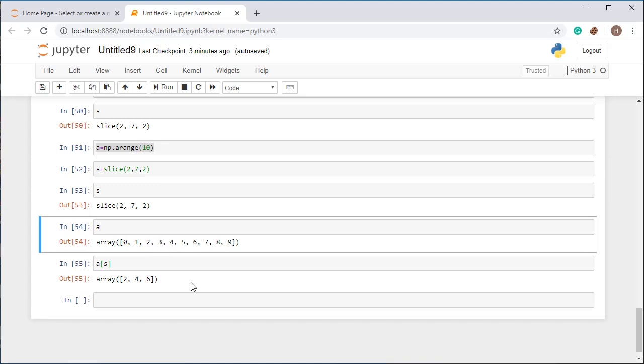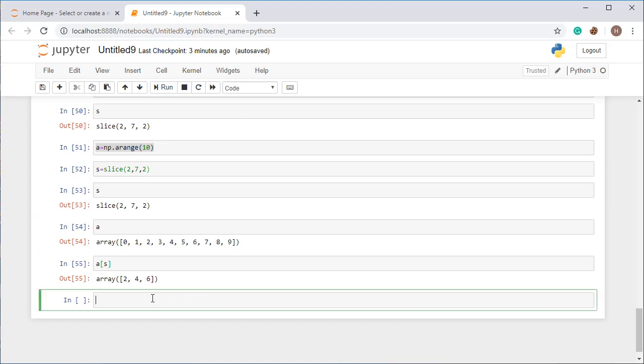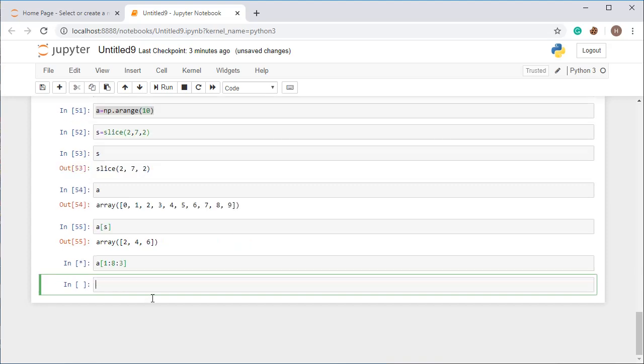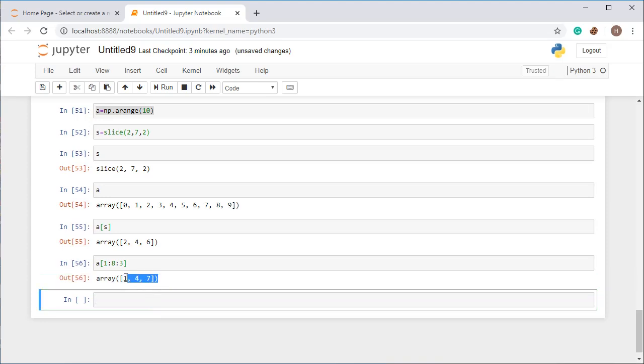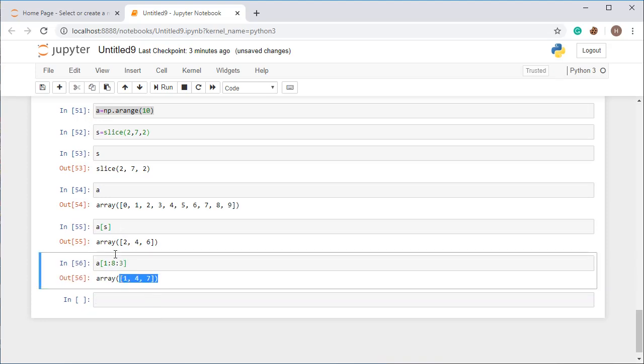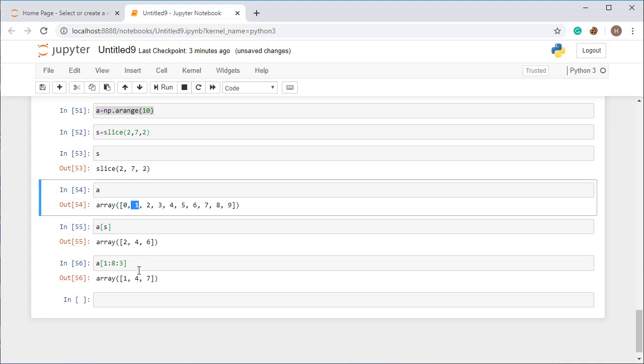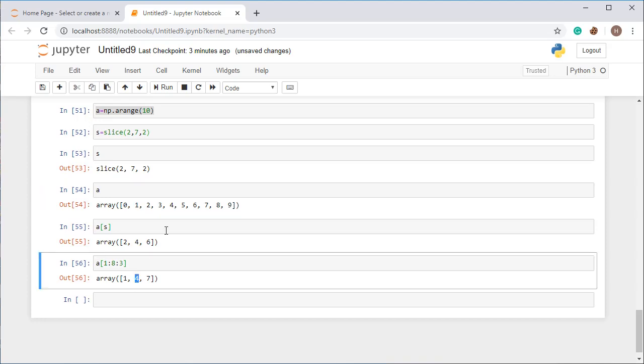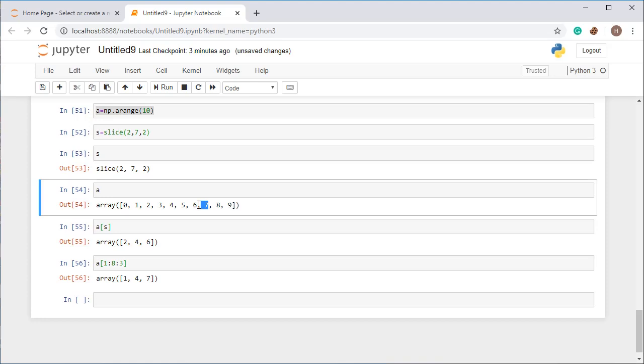So you can also use direct slicing like A and then pass starting from 1, end at 8, and take a jump of 3. Then you will get an answer like this. What happened here? It has started from index 1, that one is 1, then it ended at index 8. Index 8 means here is the index 8, 7.